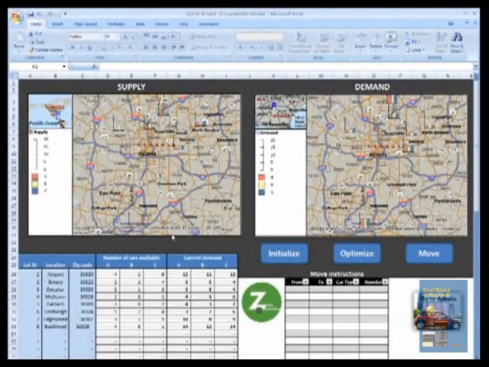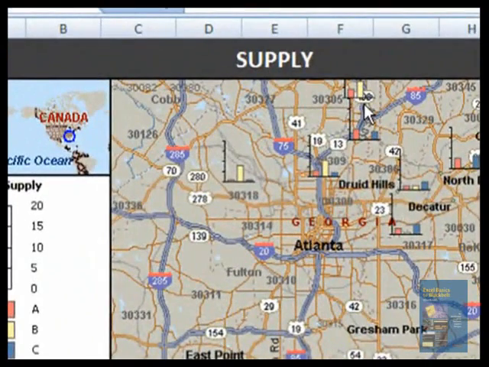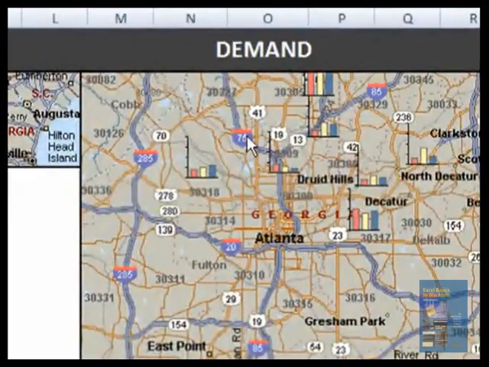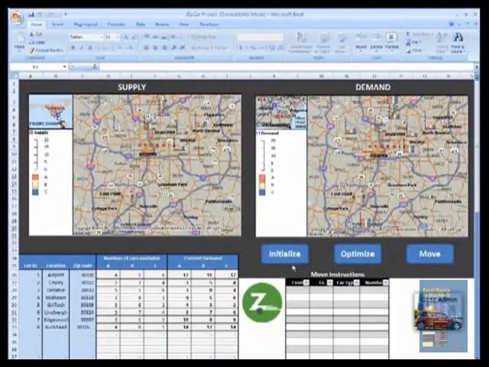So now that the initialization step is complete, you notice that there is a new Buckhead location added at the very top end of the supply and demand maps, where you can see that the demand is far outstripping the supply, as per the numbers we entered. And then again, the user would go through the same optimize and move steps that we did earlier to get a new set of instructions and move cars accordingly to satisfy demand in the best possible way.